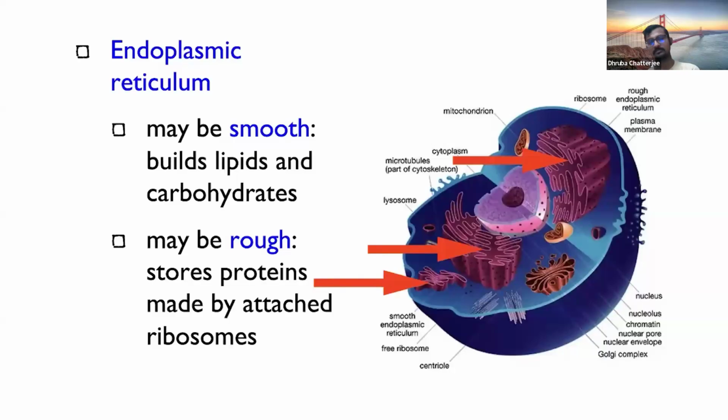However, as you can already understand from that, in this rough endoplasmic reticulum, the ribosomes are bound with these mRNAs, and they are translating the mRNAs, synthesizing new proteins, and translocating these proteins into the endoplasmic reticulum. So the rough endoplasmic reticulum is the main hub